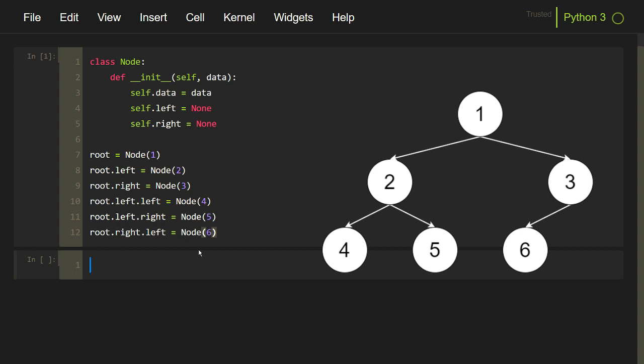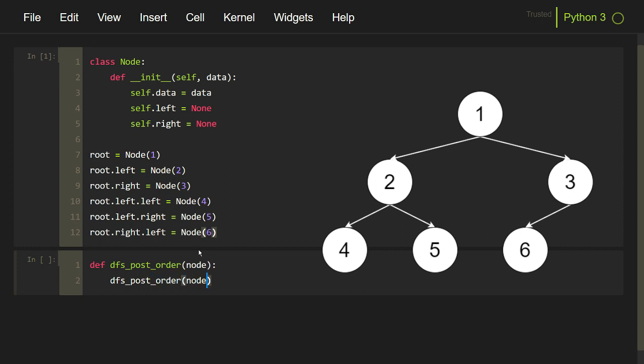Now we can start defining the post order depth first search. So for that I will define a function. I will name it dfs_post_order. This function will take a parameter which will be the node. This node will be the root node from which the searching process will start. So the recursive version of the depth first search involves two recursive calls to dfs_post_order.